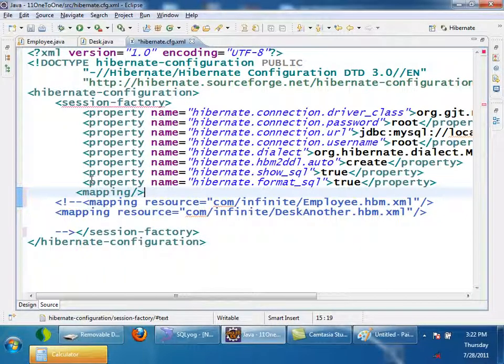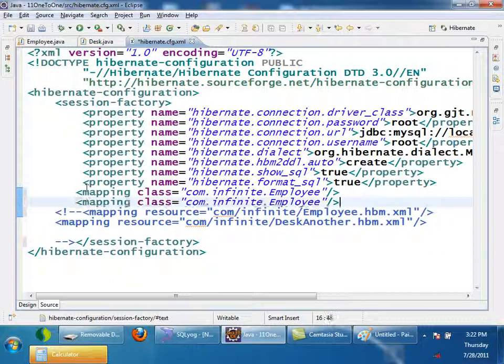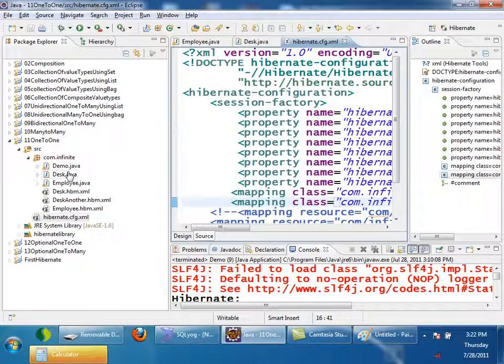Mapping class is equals to com.infinite.employee, again com.infinite.desk. Then coming here to demo,